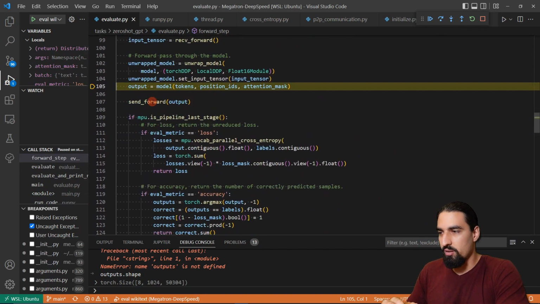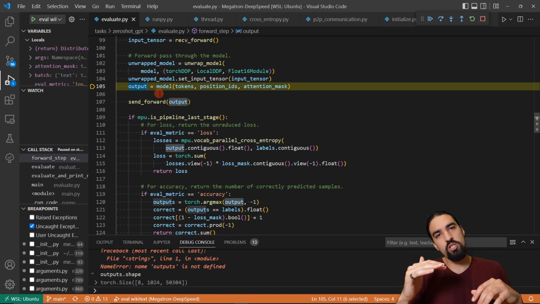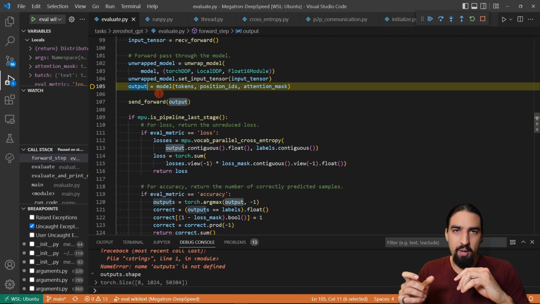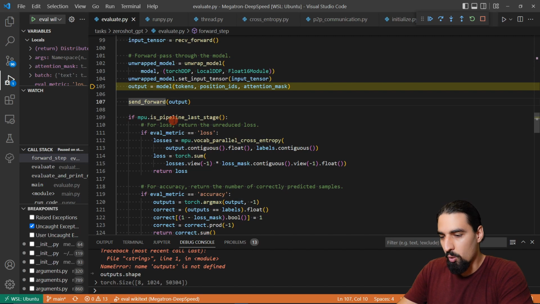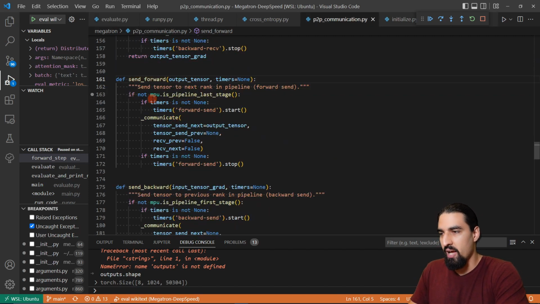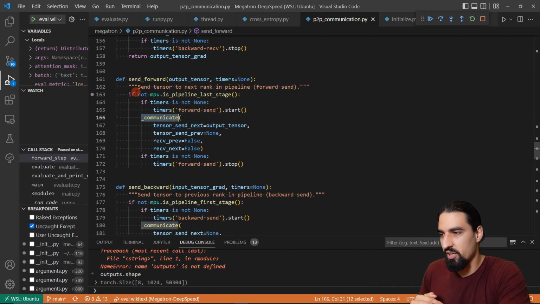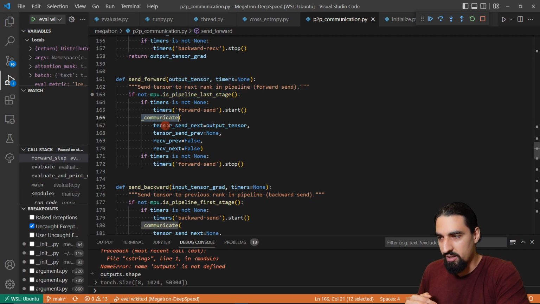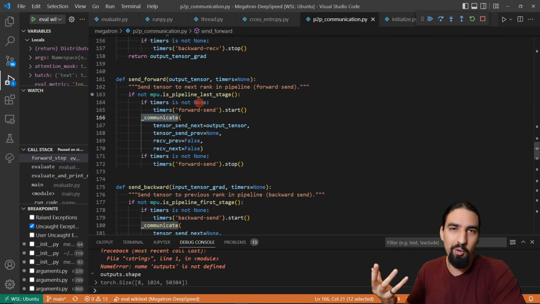Okay, so now, again, remember, output is one of two things. It's either the raw activations from the transformer layer, or it's the tokens mapped into the vocab space for the last stage of the pipeline. And then the send forward, as you can see here, all of the stages will be communicating the activations to the next stage, but the last stage will just skip. As you can see here, if not the last stage, then communicate. If it is the last stage, we'll just ignore this. This is a no-op operation, no-op for the